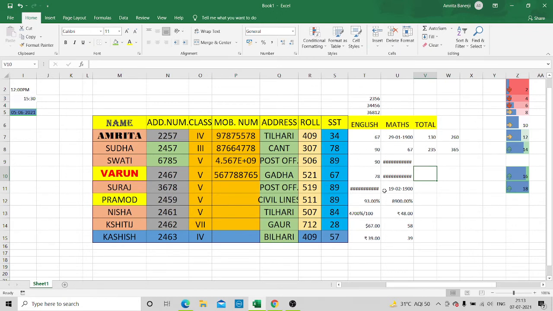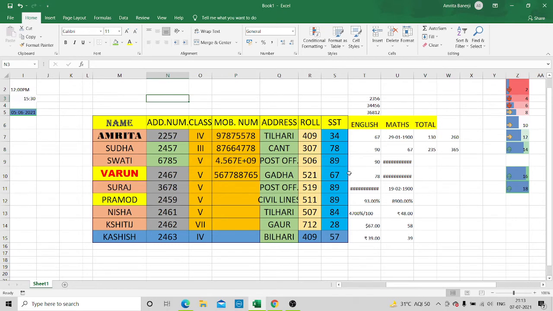it is not happening. Okay, so you can represent any number in percentage, some currency, and also in the date format. Okay, now children, we will be discussing the next topic, that is how to enter the formula.